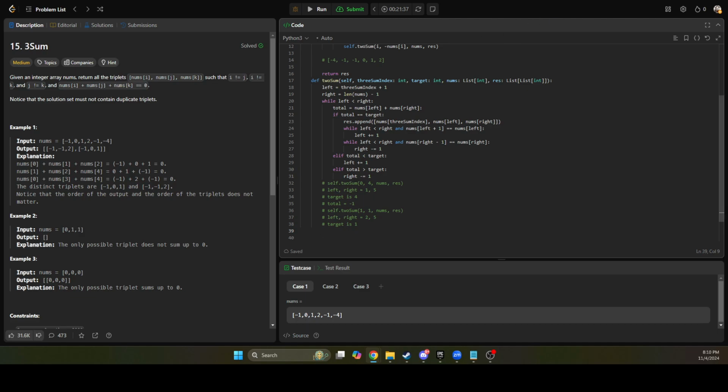There is one thing. It cannot complete duplicate triplets. Okay, so -1, -1, -1, 2, and that should add up, because right now we're at index 1 for threesum and index 2 for twosum, and then